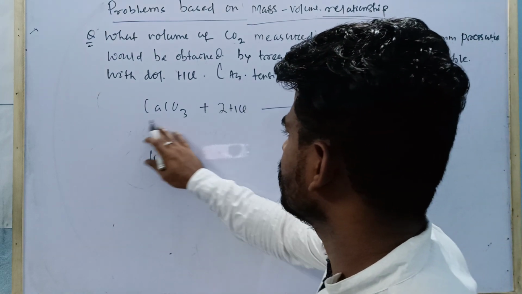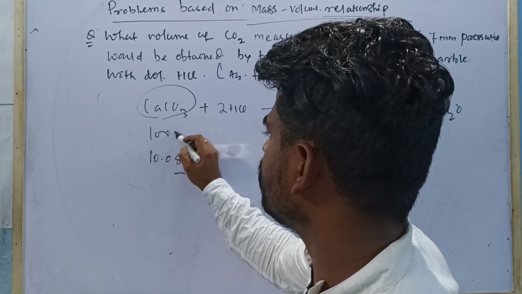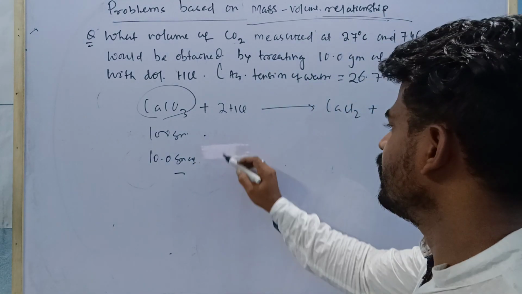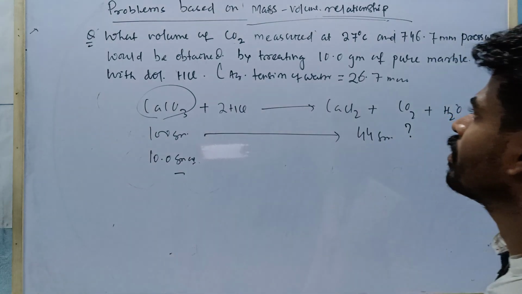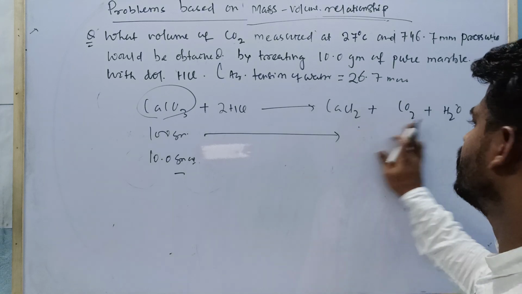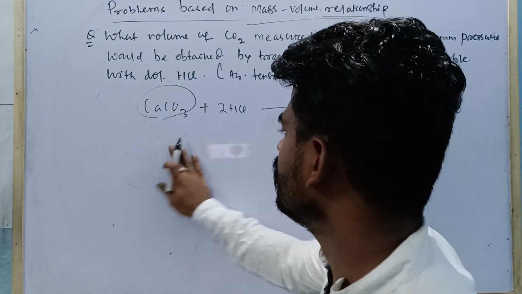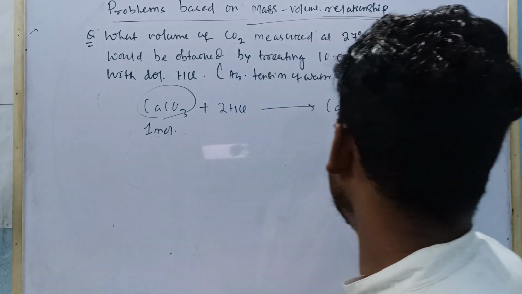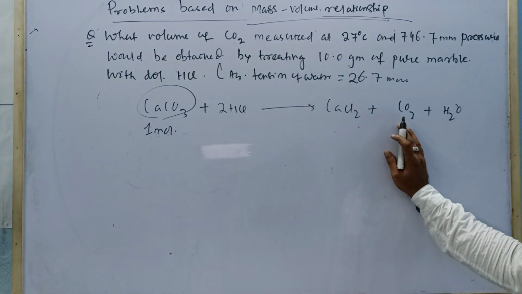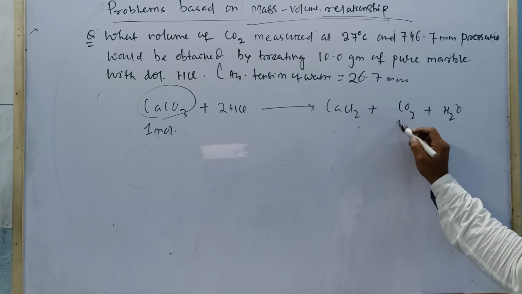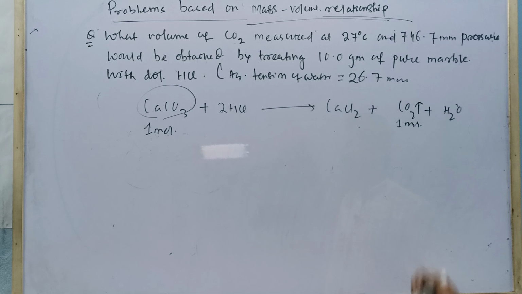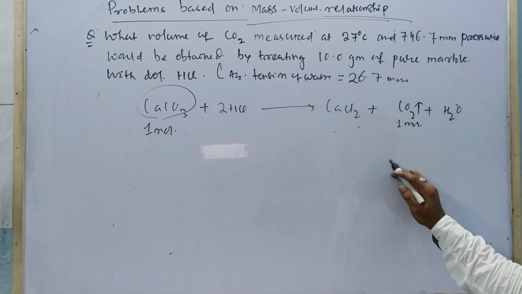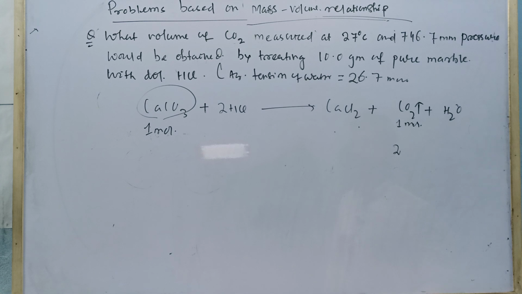Okay, so here the molecular mass of calcium carbonate, that is 100 gram. So 100 gram calcium carbonate liberates carbon dioxide, that is how much? 44 gram. Okay, calculate the volume, volume means you just mention over here. First I have told you this is 1 mole and carbon dioxide, you target just carbon dioxide. So is the equation balanced or not, you just see. Yes, it is balanced. Okay, so CO2, this is also 1 mole. What volume of CO2? So 1 mole of carbon dioxide is a gas. So 1 mole of carbon dioxide at STP, I have told you its volume will be how much? Tell me.